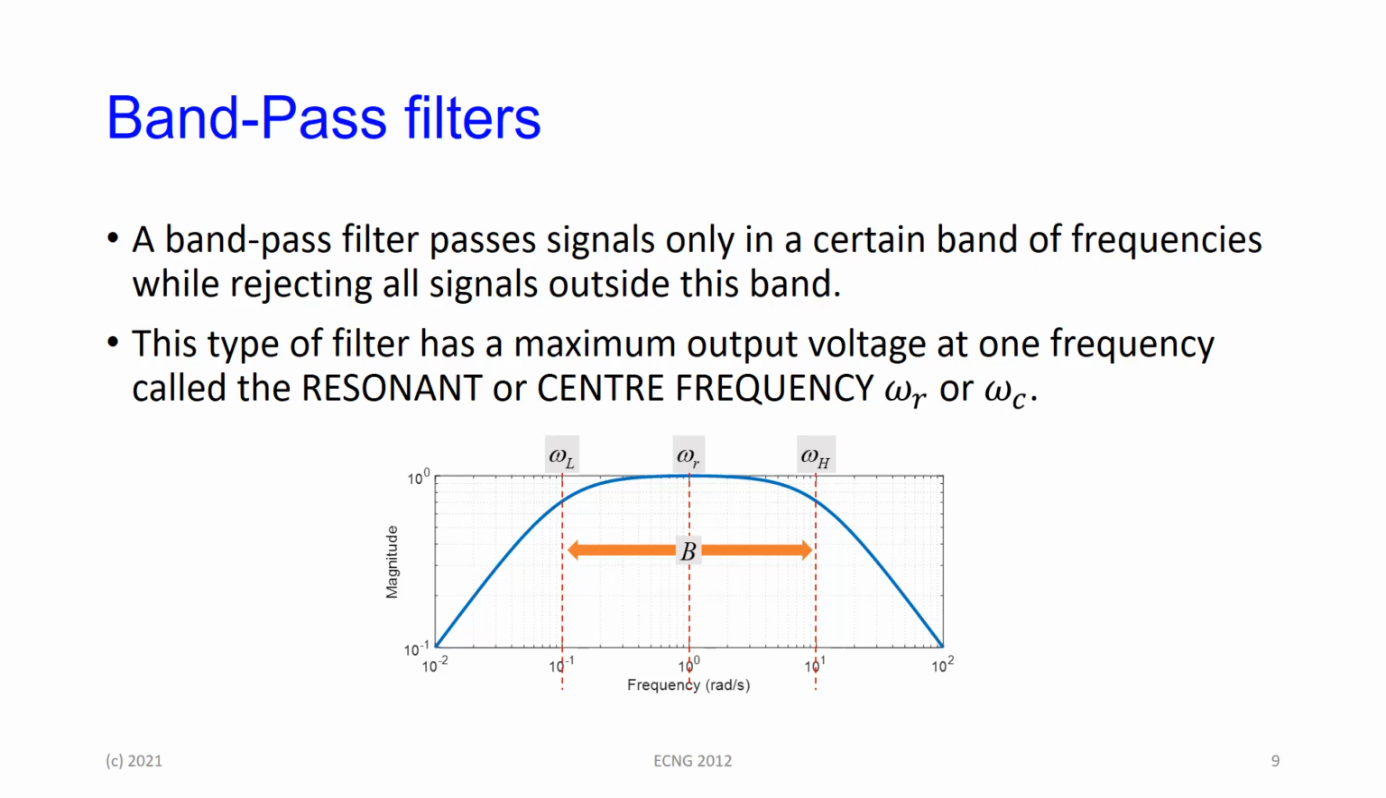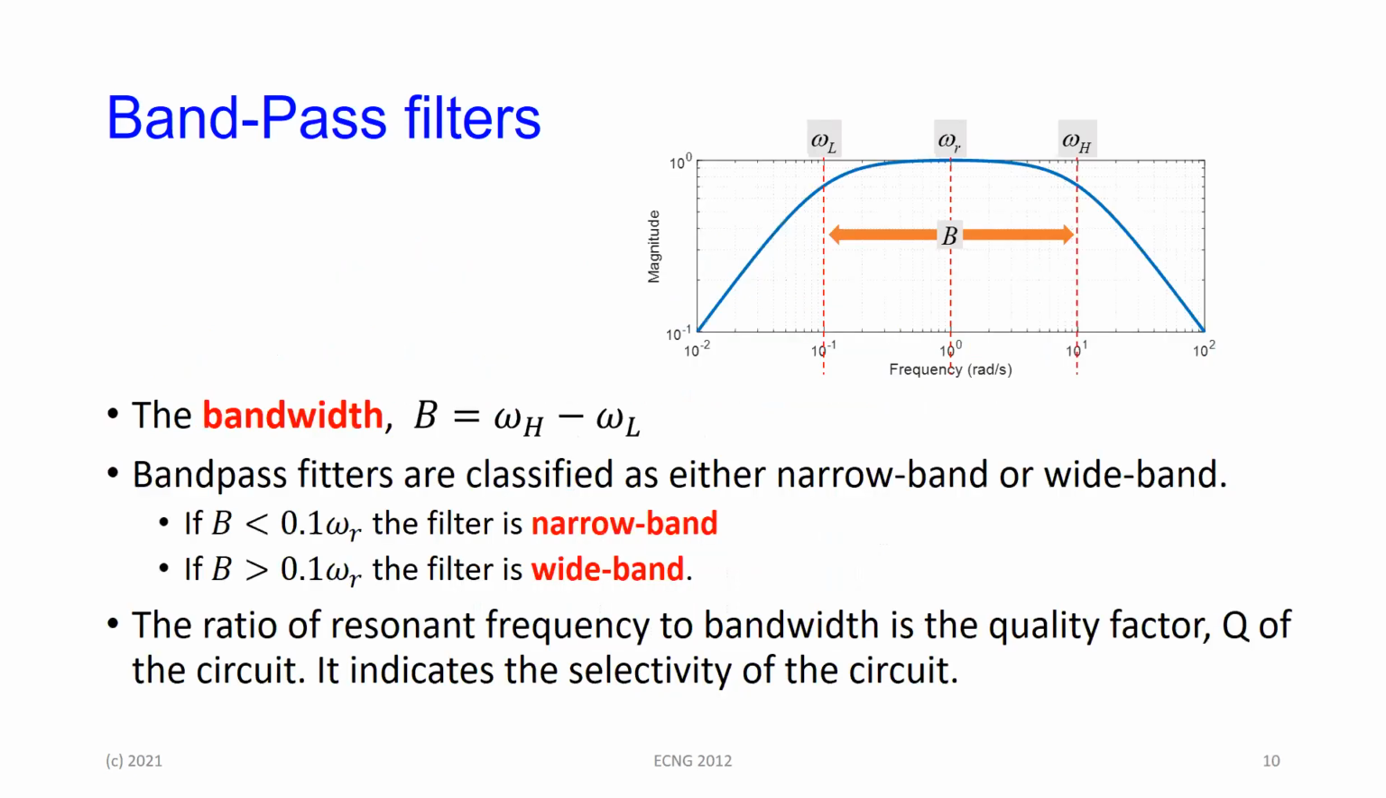It passes some range of frequencies between omega L and omega H, omega L being a low frequency and omega H being a high one. So that's a low frequency cutoff and a high frequency cutoff. And in the middle of there is a center frequency. And we'll see what the relationship between the 2 of them is. We call the bandwidth of the bandpass filter the difference between the upper cutoff and the lower cutoff frequency. If the bandpass filter is narrowband, it means that